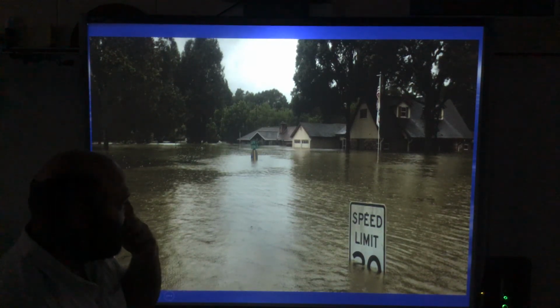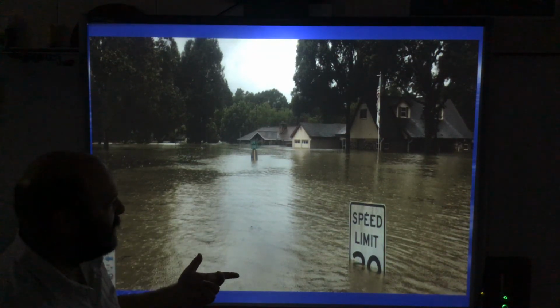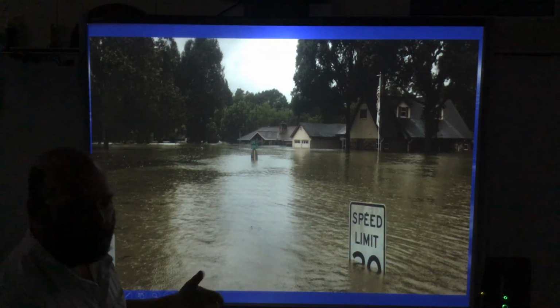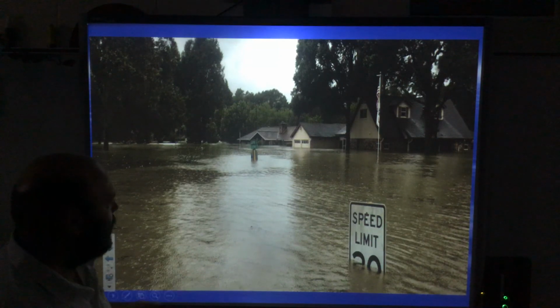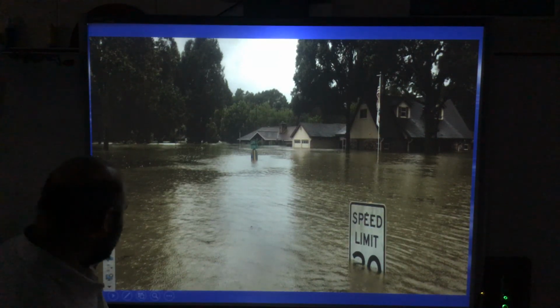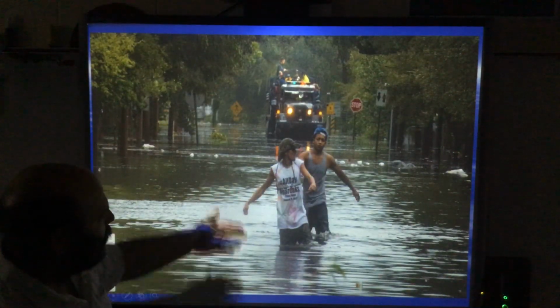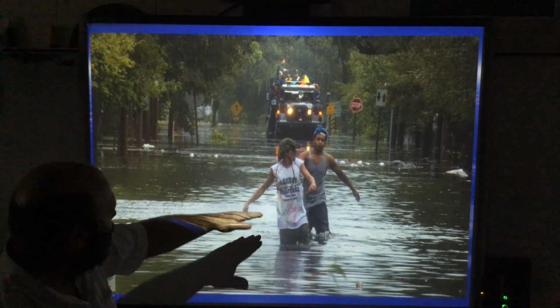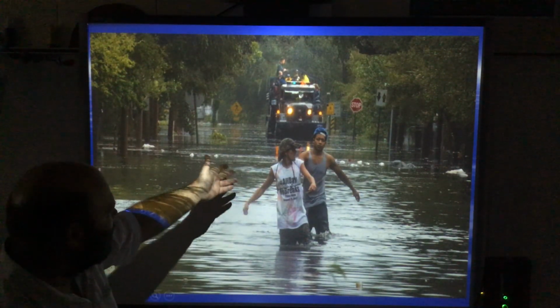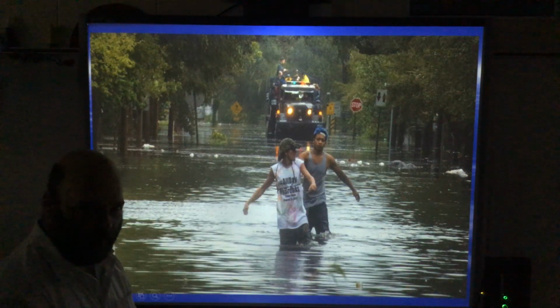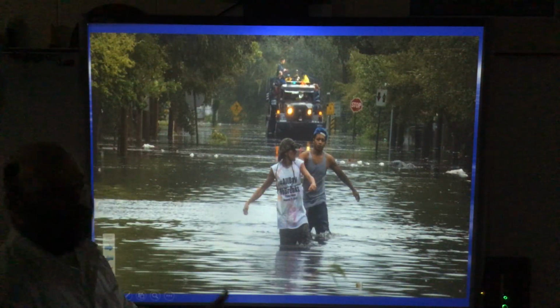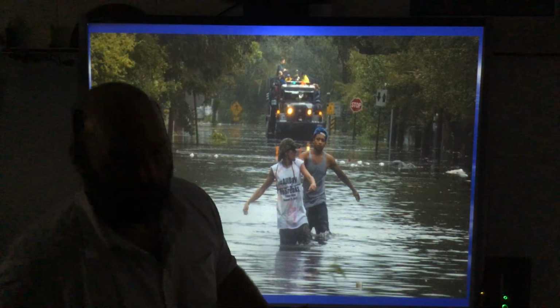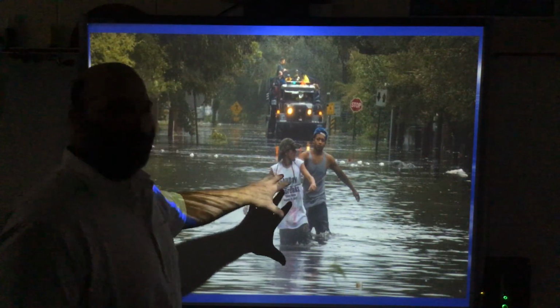And some of you guys might have had your houses flooded. It's not a very comfortable thing. You got to tear your whole house up because of mold. And here's another picture. This is excessive runoff as well. So you can see these people walking through this runoff. It doesn't look like that water's going anywhere for a while. So even though we need precipitation, too much of it falling at one time can lead to problems like this.